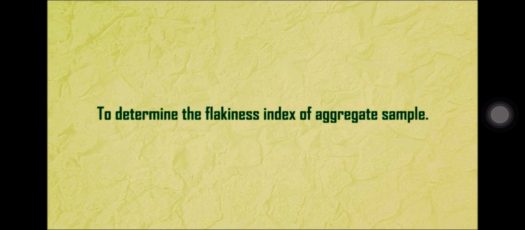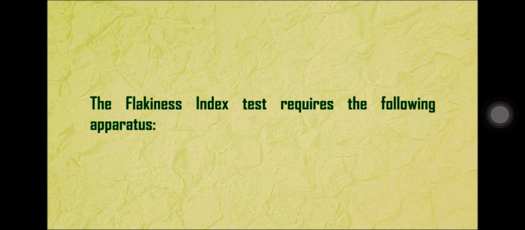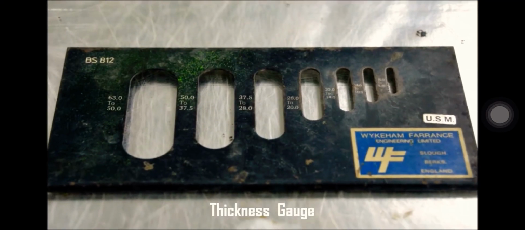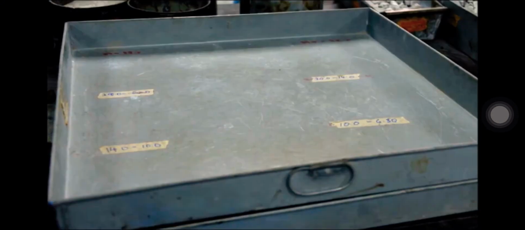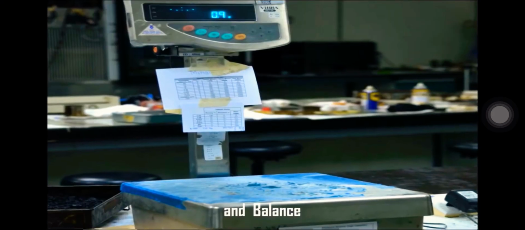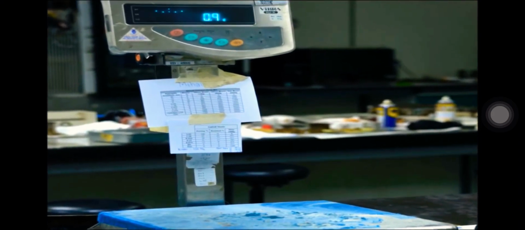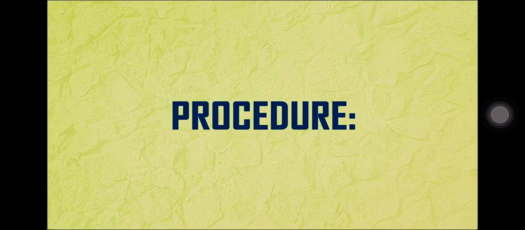Objective: to determine the flakiness index of aggregate sample. The flakiness index test requires the following apparatus: thickness gauge, BS test sieve, mechanical sieve shaker, tray, and balance. Procedure: